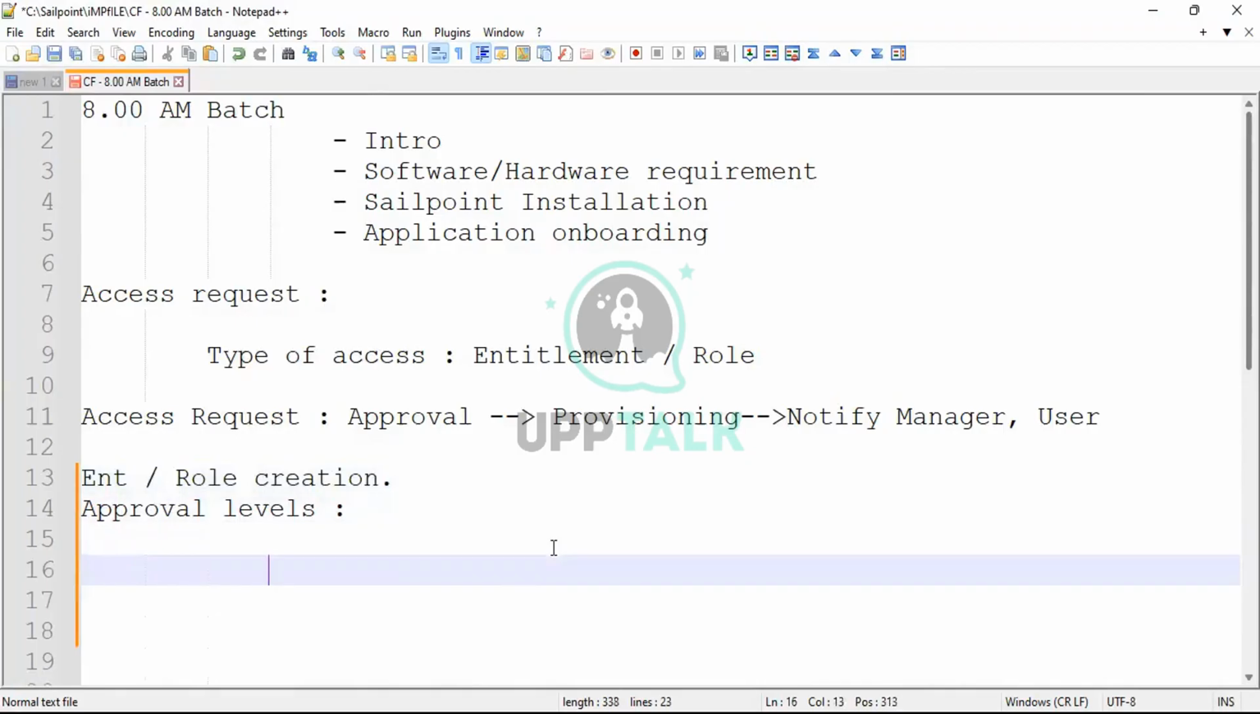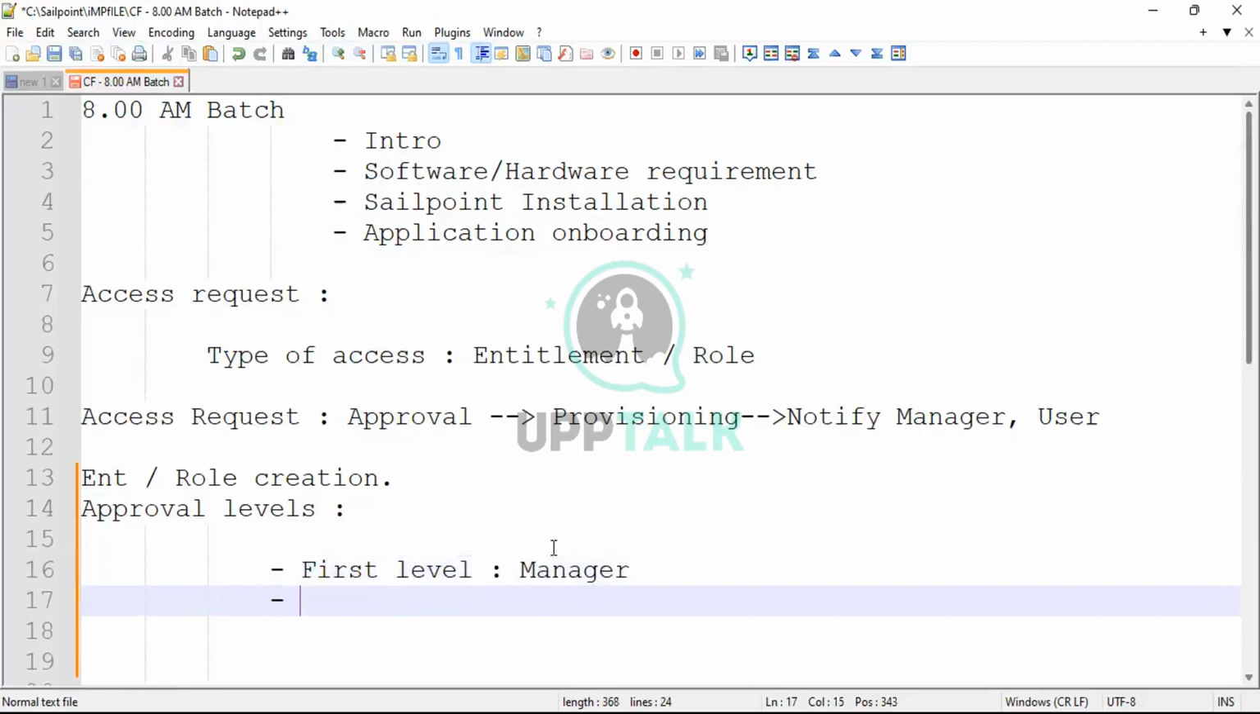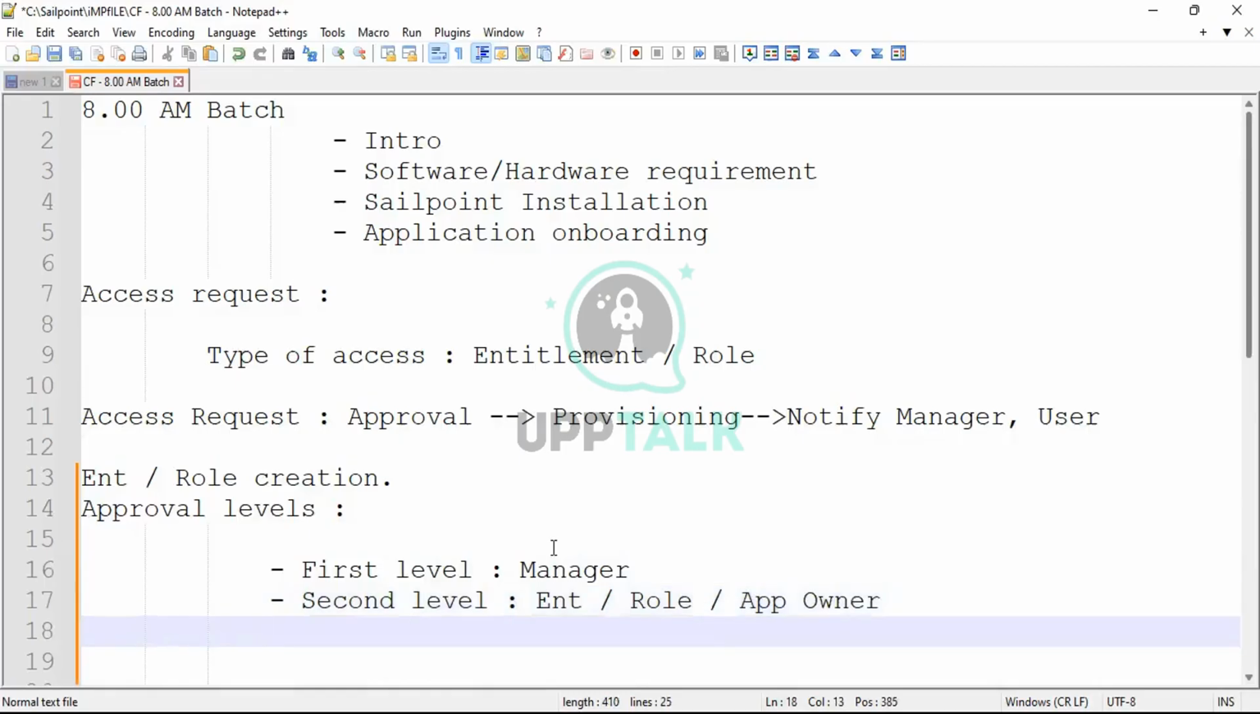Usually in projects I have noticed the first level is going to be the manager, always the identity user's manager. Second level, whatever access you are going to select, like entitlement or role, they are going to be the owner, entitlement or role owner, or application owner. Third level,